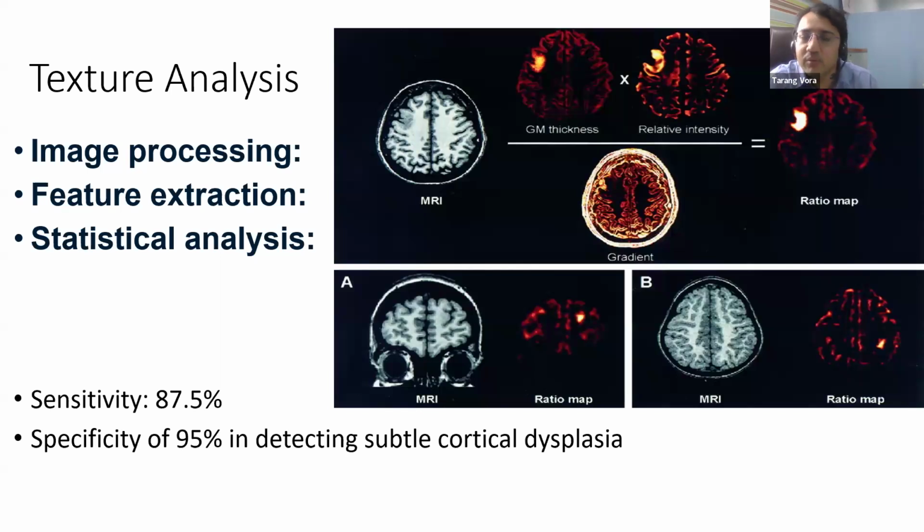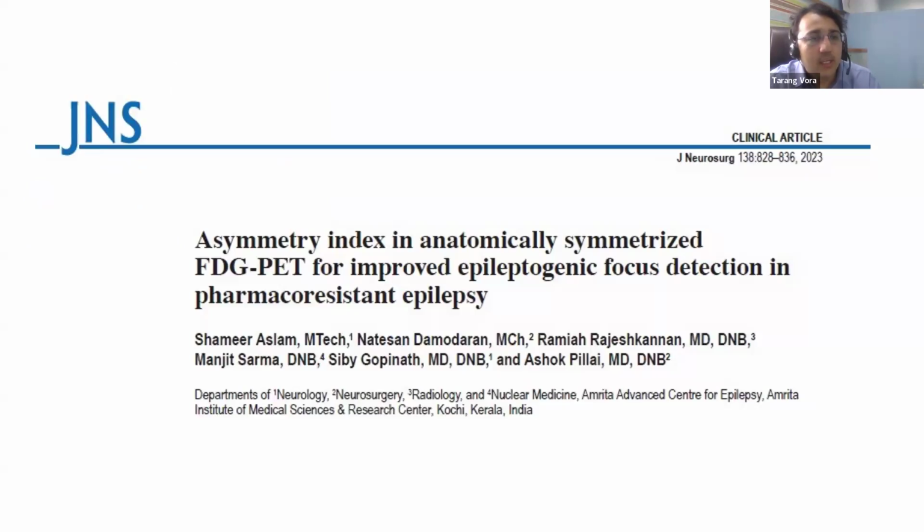When we are resecting this area of the brain, it does not look abnormal to us; it gives us the feel of the normal brain itself. Of course, doing more and more surgeries, we are able to get a feel that maybe this tissue is much tougher compared to the normal brain, but it takes some time for the hands to get that feedback. After multiple surgeries, we understand that yes, this tissue is slightly different, but it is not like a tumor. The consistency is somewhat like normal brain. Without highlighting or demarcating what we are planning to resect, it's very difficult for us to give seizure freedom to the patients.